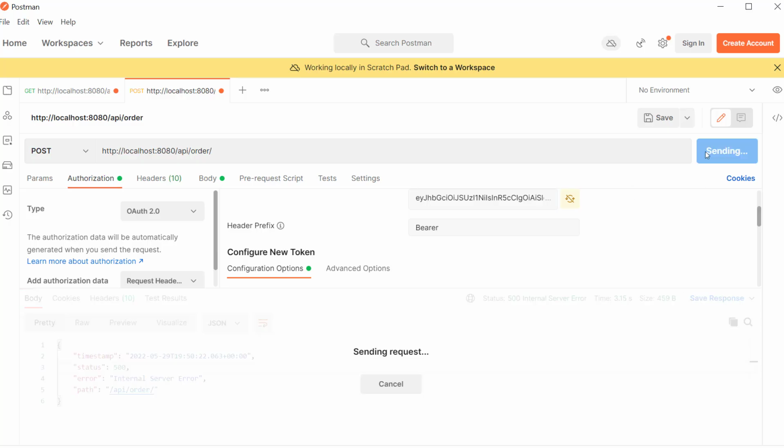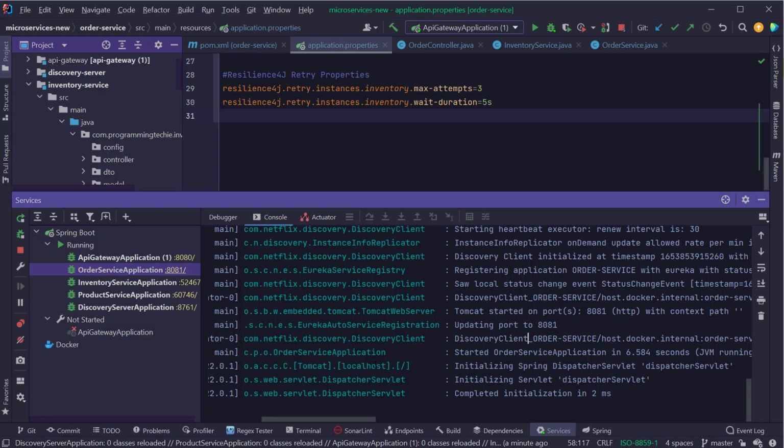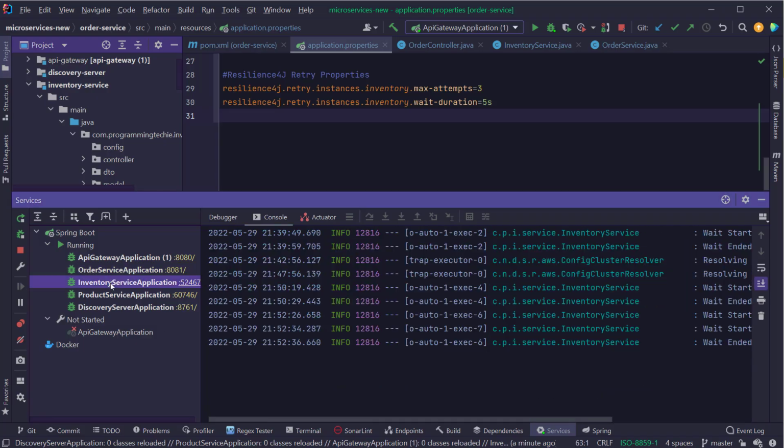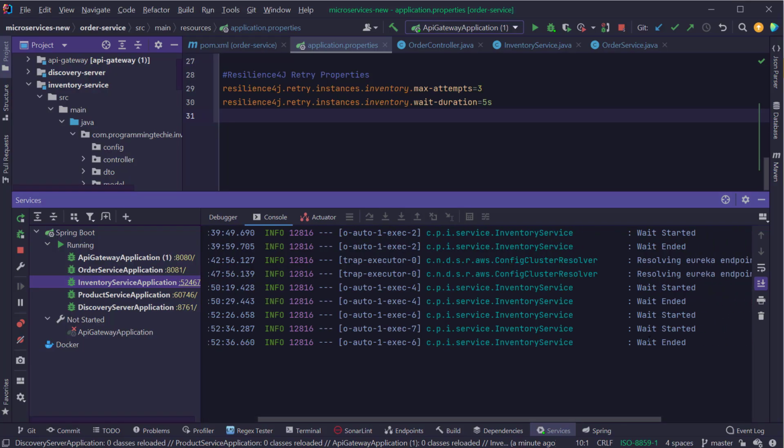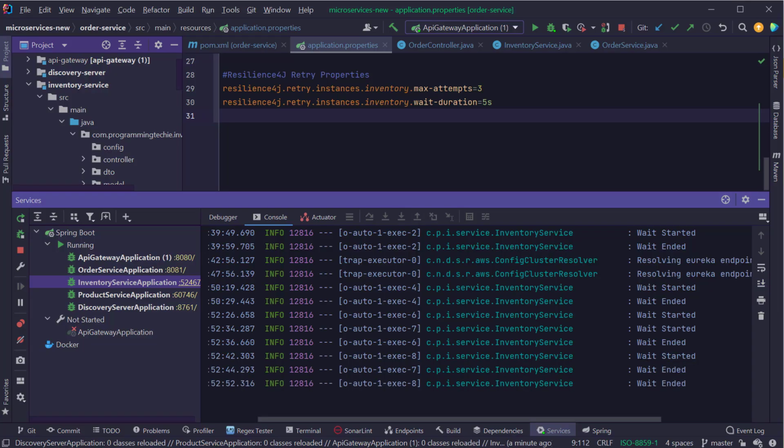I'm just going to click on the send button, and you can see that it's taking some more time to actually get the response. So let's have a look at the logs, what's happening here. I'm going to open the inventory service log, and here you can see that we are already getting the wait started logs more than one time, right? And again it started printing the wait started log one more time, and finally it printed the wait ended log